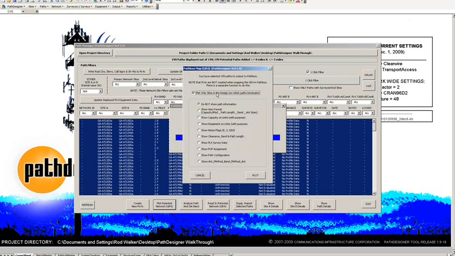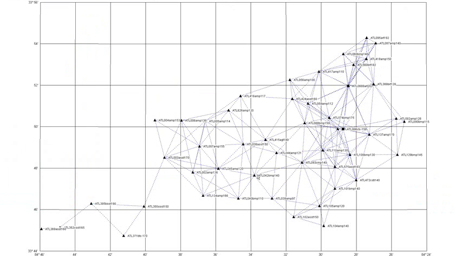Okay, in plotting it this time I've checked off the plot only sites in the design because I'm not interested in having a lot of extra sites from the other POPs plotted. Okay, and there we have a view of all the connections that it found. It looks like we could have a few more on the left, but basically for the purposes of this demonstration